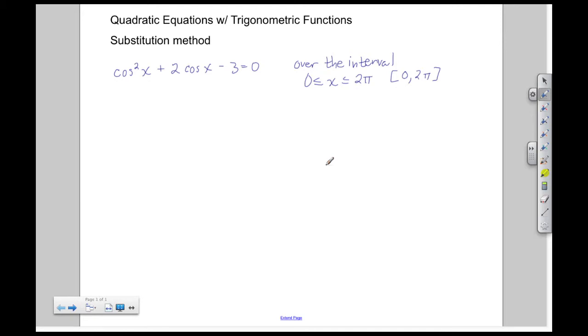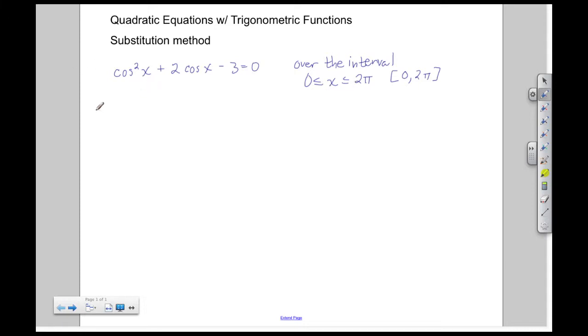In today's video we're going to solve another quadratic equation. This time the quadratic equation includes trigonometric functions, and we're going to use the substitution method to solve this problem. We see here we have cosine squared x plus 2 cosine x minus 3 equals 0, and they've given us an interval for this testing because cosine oscillates. This interval is going to be from 0 to 2 pi, including the value of 0 and including the value of 2 pi, and that's depicted here by the square brackets and also by using the equal sign on these less than symbols.